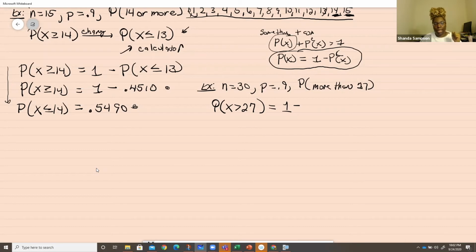So think in your brain. If we have greater than 27, that means we're talking about what? 28. Remember, we're going to 30. That means greater than 27 is 28, 29, 30. We need the complement, so we need everything that's not included with 28, 29, and 30. The probability that X is what? Have we included 27 in this? No, because it was greater than 27. So the complement is going to be less than or equal to 27. We got 0 through 27, and then the complement is 28, 29, 30.